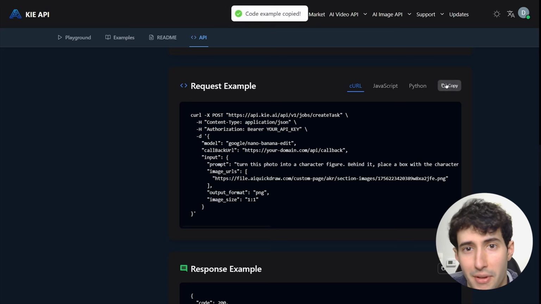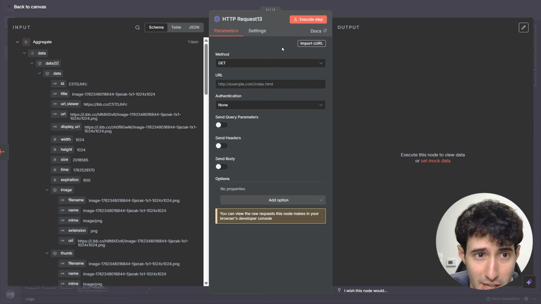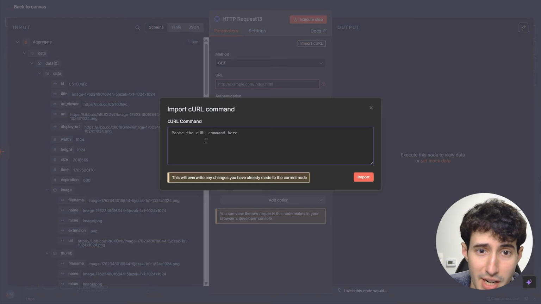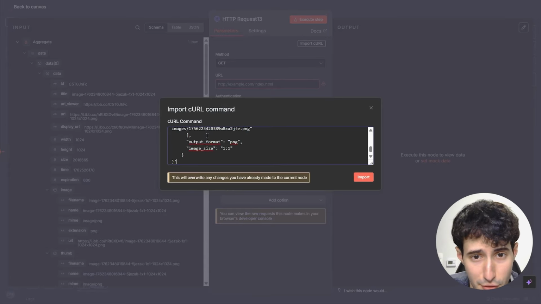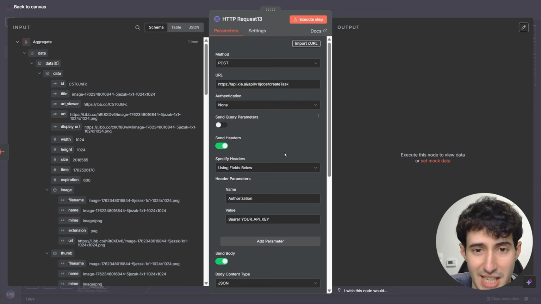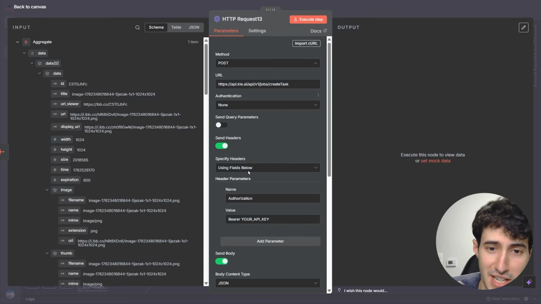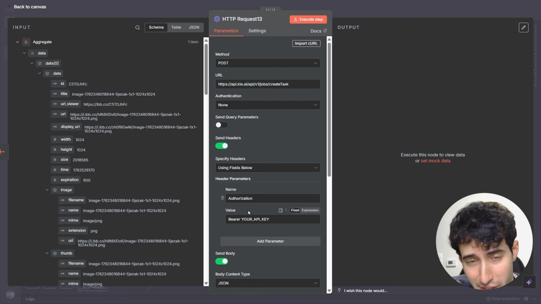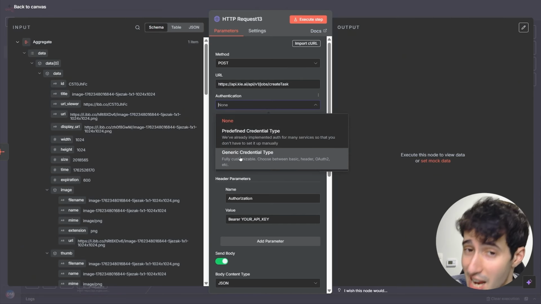So simply copy this, then come back over to N8N, click on import cURL, simply paste in the snippet of code we just copied and click on import, which again populates the vast majority of the settings for us automatically. Now we still do need to make some configurations, and the first thing that we have to do is to authenticate ourselves over here. But if you remember, we have saved our authentication inside N8N, so come over here and